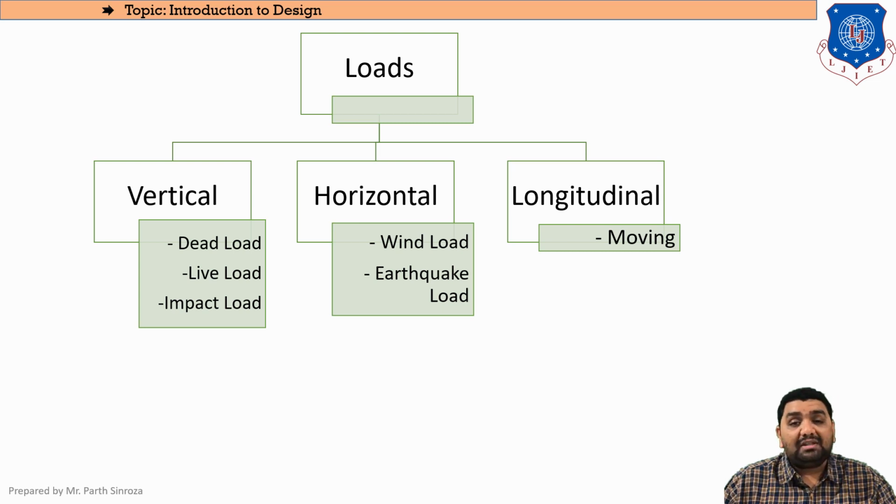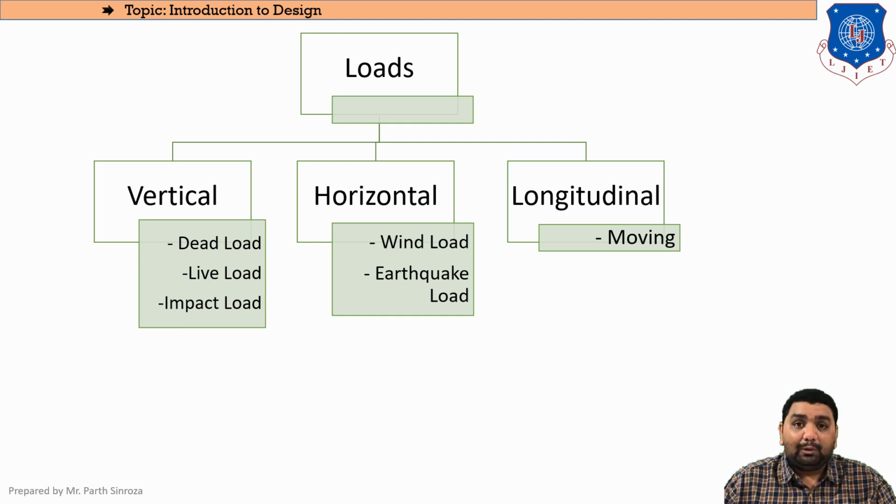So moving forward, the first thing will be to categorize the loads. Up till now we have studied that loads can be classified as a live load, a dead load, and an impact load. But up till now you have studied in your syllabus and previous semesters that a load can be a point load, a UDL or UVL. From now on, from the design perspective, or you can say from the technical perspective, you will be dividing it into three main criteria, that is a vertical load, a horizontal load, and a longitudinal load.